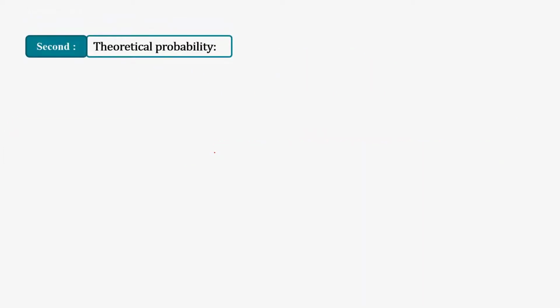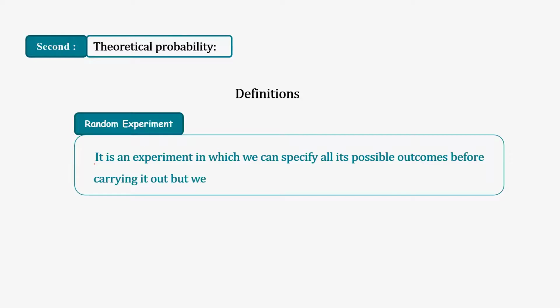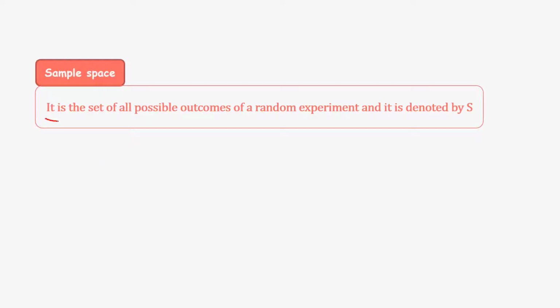Second, theoretical probability. We have here some definitions. First one, random experiment. It is an experiment in which we can specify all its possible outcomes before carrying it out, but we cannot determine with certainty which of them will occur. Sample space. It is a set of